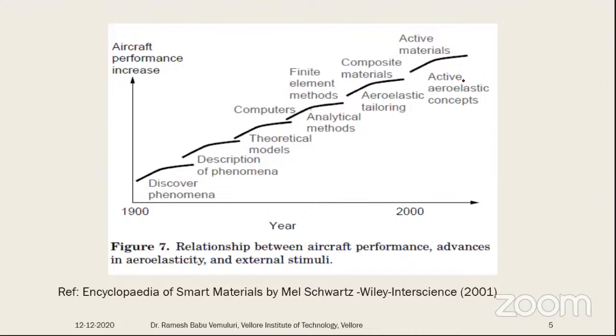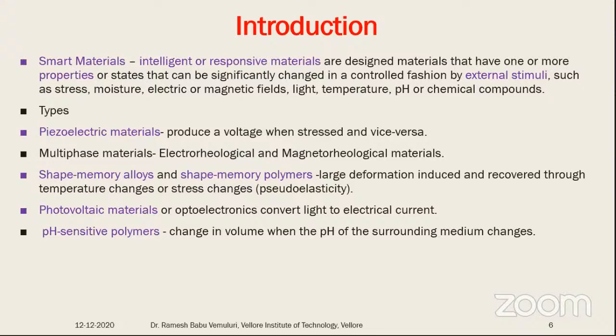In this, the active materials are majorly used to suppress vibrations, whereas the smart materials can stimulate, with or without external stimuli, how we are able to enhance their properties. That is the major point. This research area is still emerging. So then we'll see what these smart materials are.